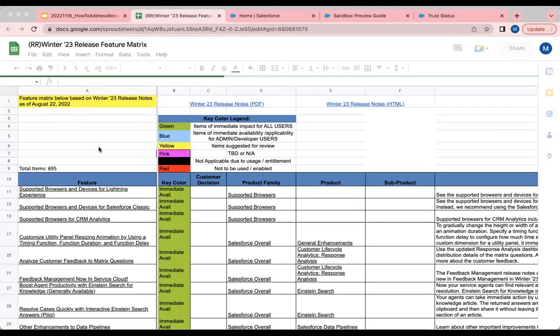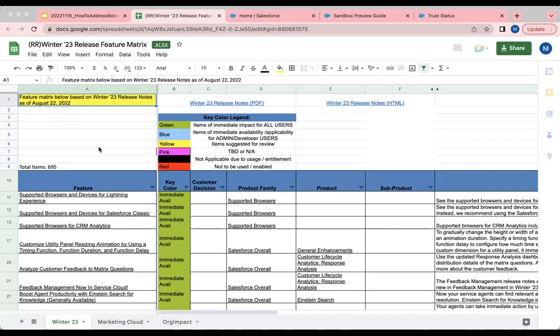This is the winter release matrix. It's got 695 lines on it. Did anybody go through the whole thing? I definitely did not go through the whole thing. It's very daunting to look at, I don't know, 600 pages of release notes. How am I going to get through this? It's 695 features. And one of the shortcuts that I've done in the past, and it's worked really well,